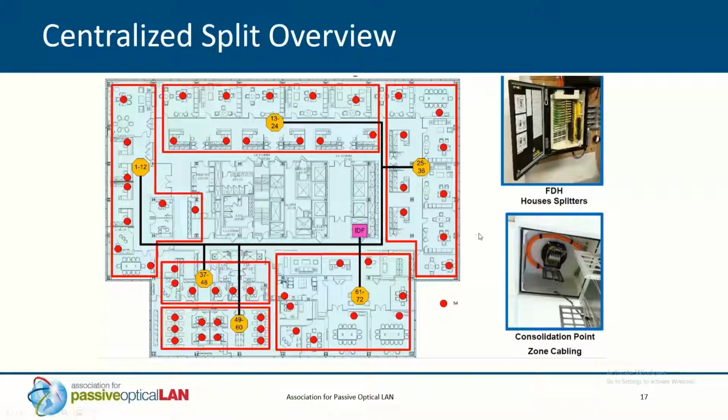So my consolidation point is a location where my distribution cabling would come into probably a cassette, and then going from that cassette out to my end devices, which are the red dots, which would be my ONTs. This particular type of deployment maximizes the ROI, has lowest labor and so forth, but it does have some drawbacks. So there's another way of breaking things up into zones, as you see here, but then also adding another layer of security. So if you go to the next slide.